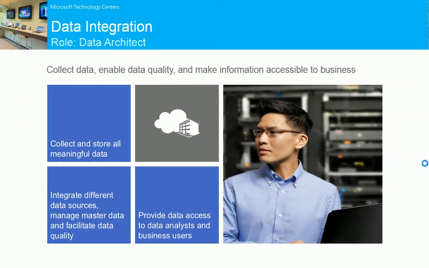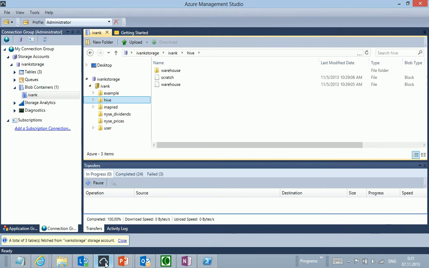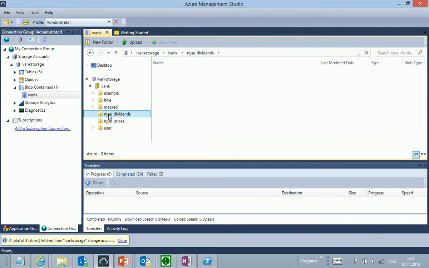So first of all, the data architect, whose responsibilities are to collect data, enable data quality, and make information accessible to business, goes to the Windows Azure portal. In this portal, he already has blob storage, and in this storage, if we look at what we have here, we have two different folders with